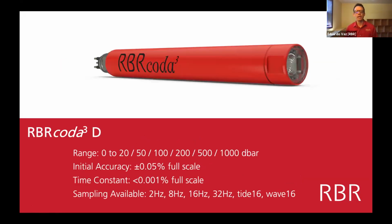Then we have the brother to the Coda T, which is the Coda D. This is a pressure sensor, ranges all the way from 20 meters. It could be less. The calibration starts at really 20 meters all the way to 1,000 meters, or sorry, 1,000 dbar, about equivalent to 1 dbar to 1 meter. Has an initial accuracy of 0.05% of full scale,